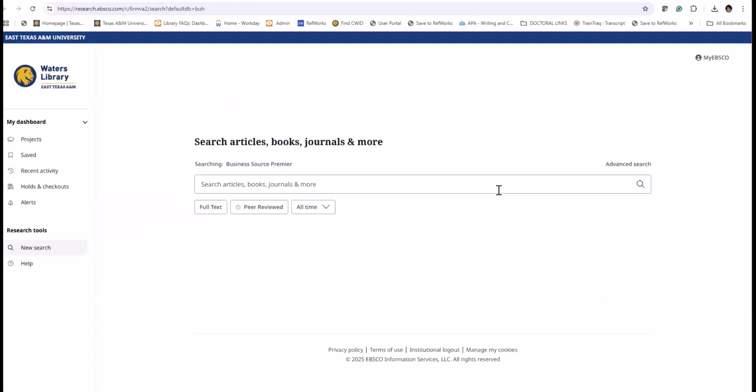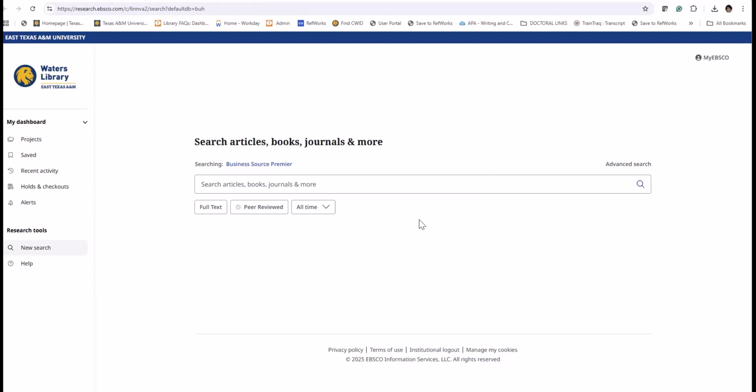So I just click on that. Make sure to access the databases through the library page, because if not, it asks you for a subscription and for money. But your students, your faculty, and you have free access. So just make sure you go to the library page, to the databases, and then click on the link.